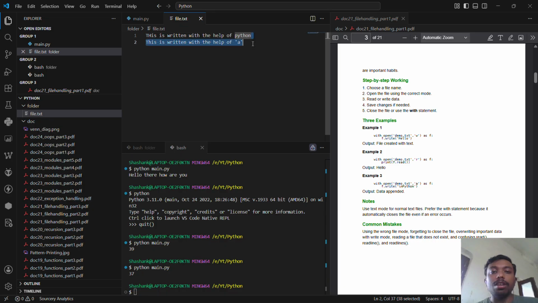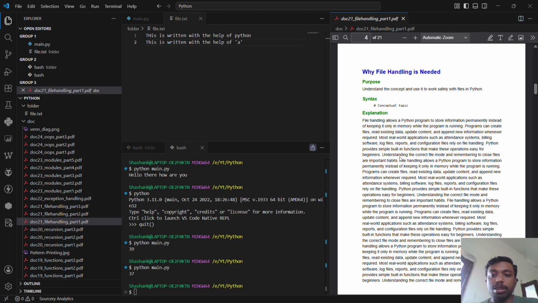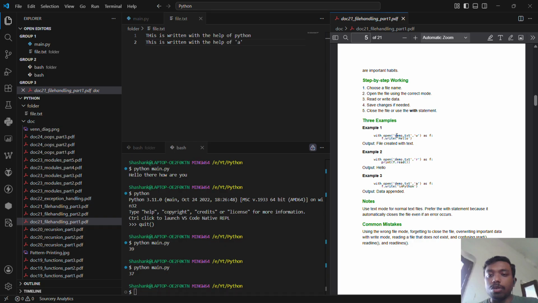So what we have done first is we have created \n, which is the next line character. So it is selected from here to here, and going from here to here is \n. That is possible because of \n, and after it they have written this line with the help of the append method. So in this way, you can write the data here. Now, in this way, you can simply read and write. We have more functions on read and write, like